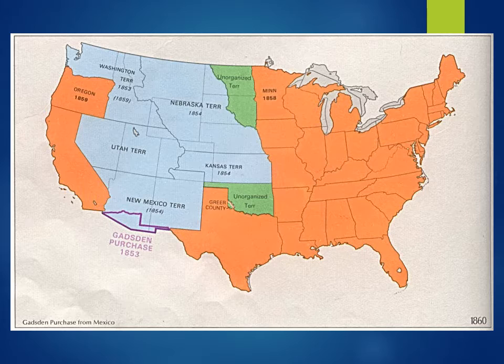just empty territory. They were soon going to find out that that was not the case, that there are thousands of Native Americans living in that area, which is of course going to cause conflict between them and the new settlers that are going to be trying to take up all the land in that area. And we'll be looking at the conflicts with the Native Americans in the next section.